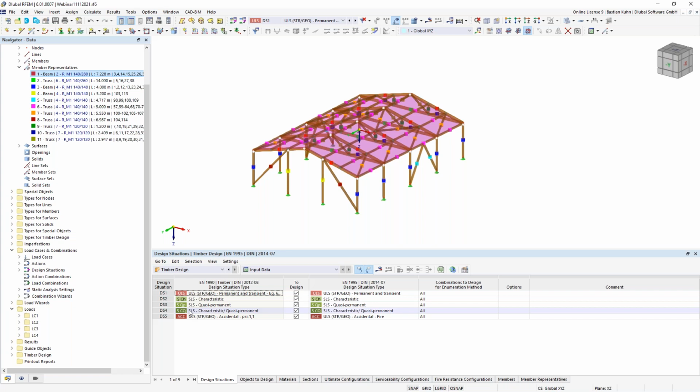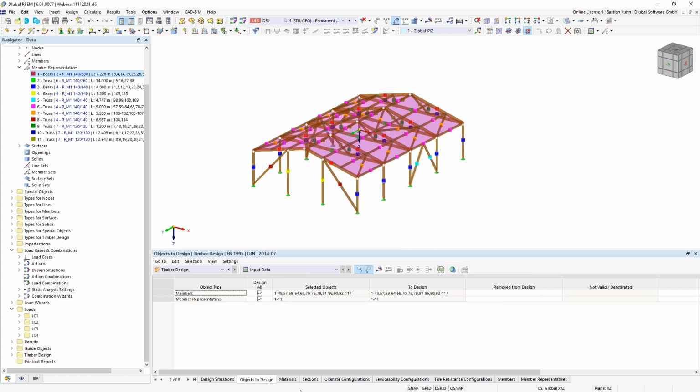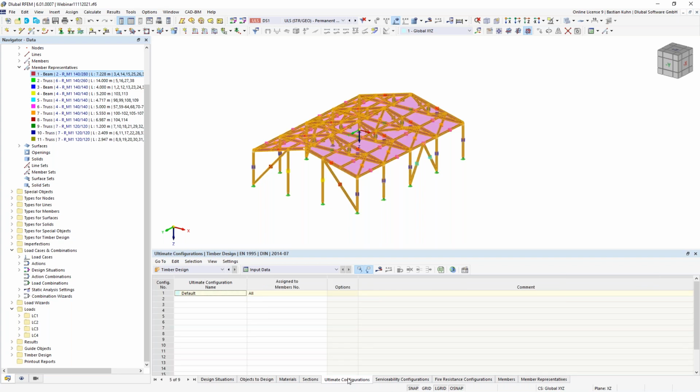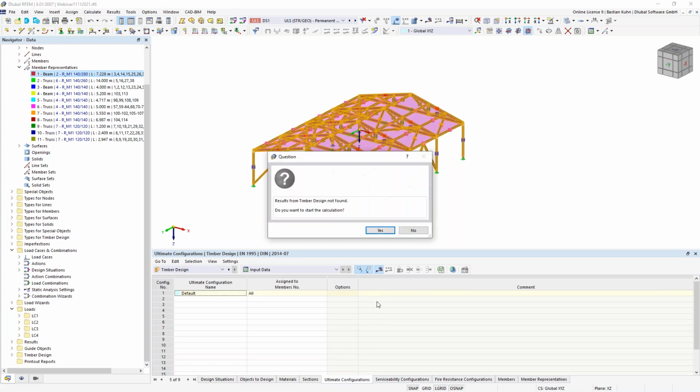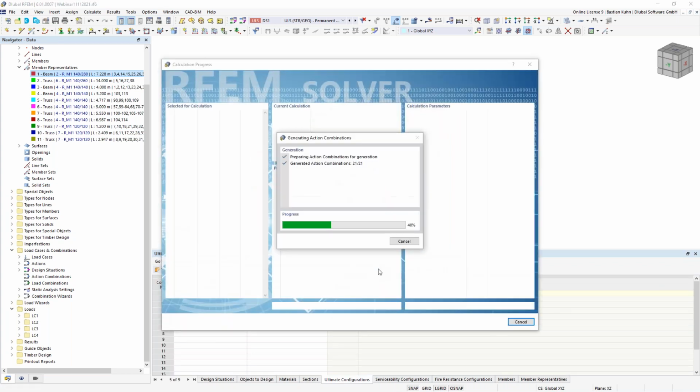For this you go to the columns again, to the timber design, where the former add-on Timber Pro is included. And here you can choose what you want to design. Of course, I have my ultimate limit state, serviceability, and also the fire resistance combination, and I want to verify them all. I can check what kind of objects I want to design in this structure, all material configurations and so on. And now when you start the calculation,